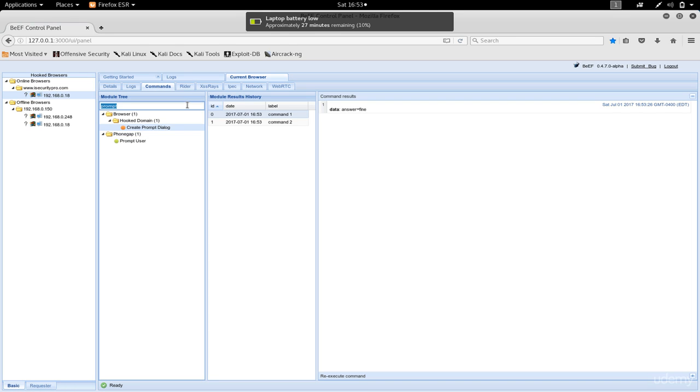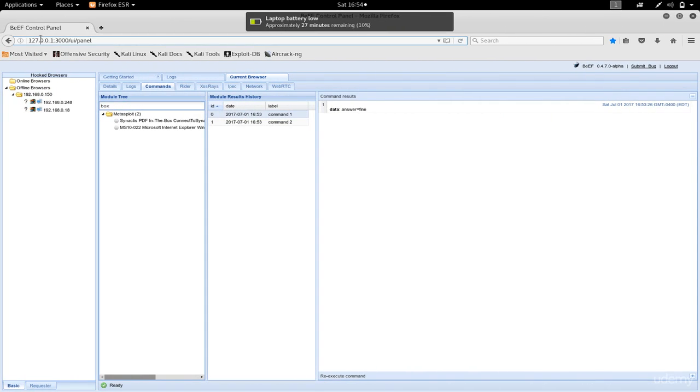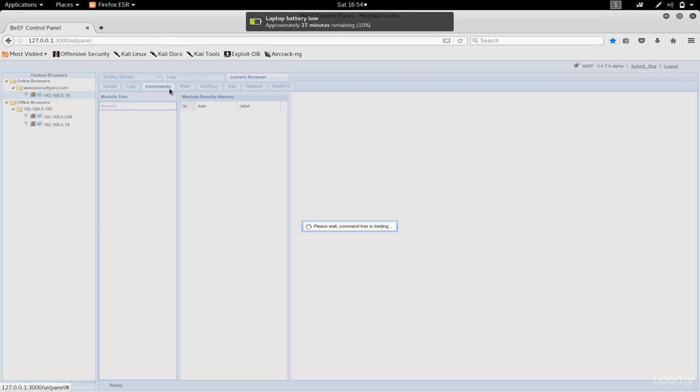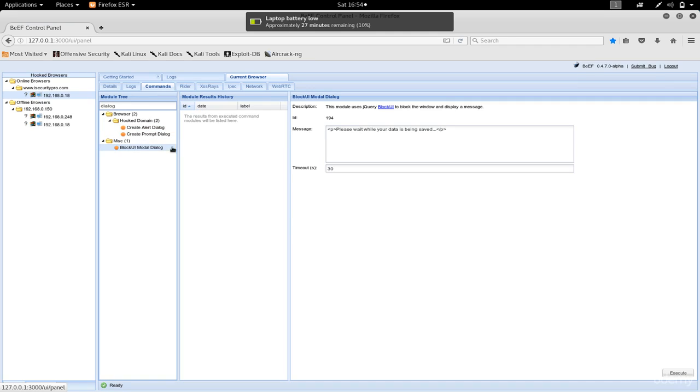And there is another module that allows you to create a dialog box. So let's say dialog box. Let me just check it. Let me refresh the page again to rehook the target with my BeEF control panel. And I'm going to refresh my page, and I'm going to search for dialog. Yeah, here it is. It's called block UI module dialog that will display a message to the target, for example,